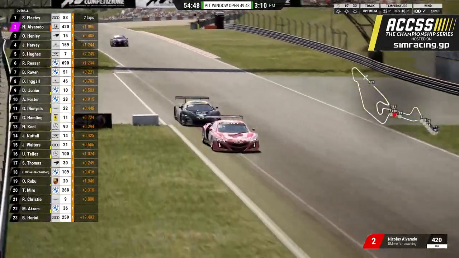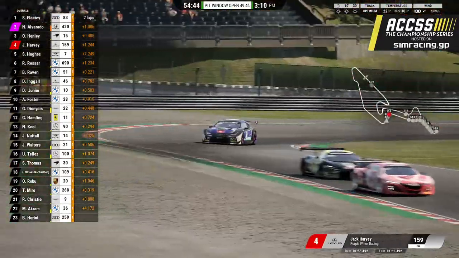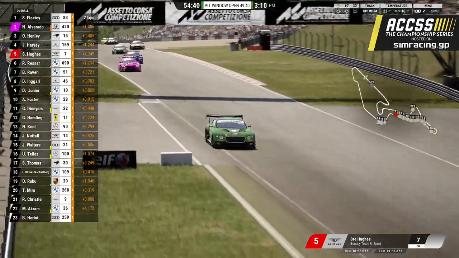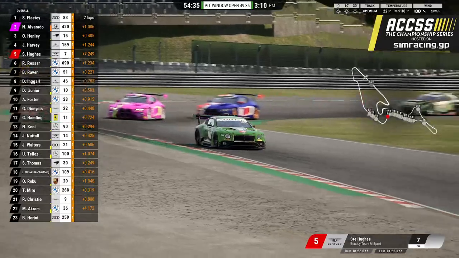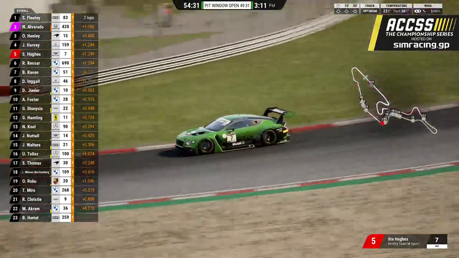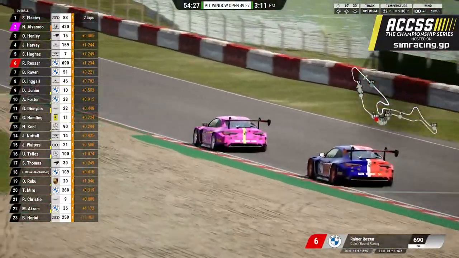You can see just getting out into the line nice and early. We then have Jack Harvey doing a good job out in fourth position. All that chaos behind has thrown a lot of people off of the track. Steve Hughes in fifth position is leading this sort of second train. He's starting to pull away a little bit from everyone else, and then there is just an absolute plug of cars behind him. Reina Ressa leading